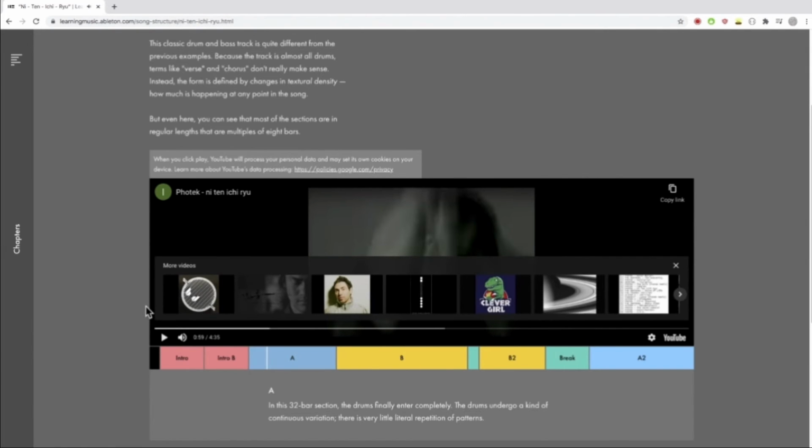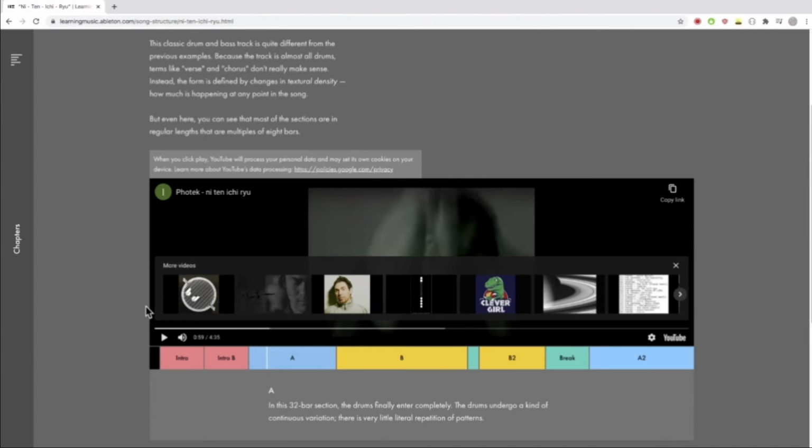So they use something that's very common in electronic music here, which is called layering, which is starting out with an idea, like maybe say a little percussion track like we had in the intro, and then building on that by putting in a bass line, and then building on top of that again by putting in more drums. So it's just constantly layering things on top of each other.